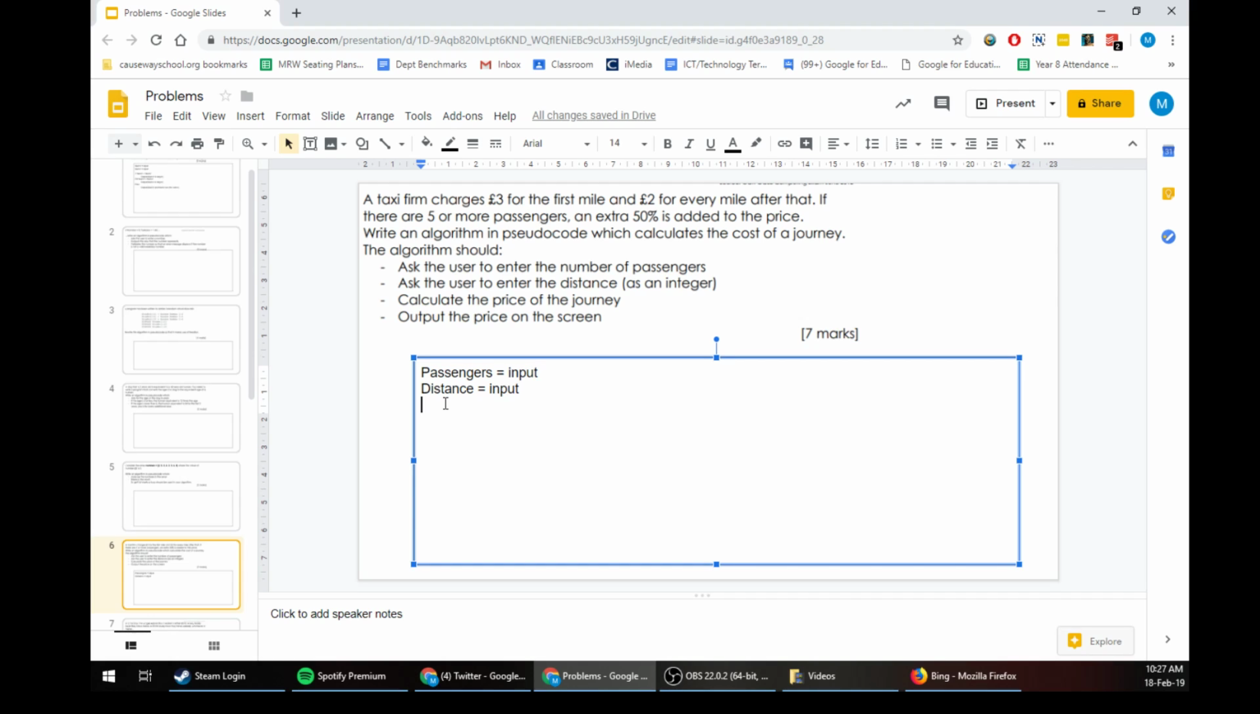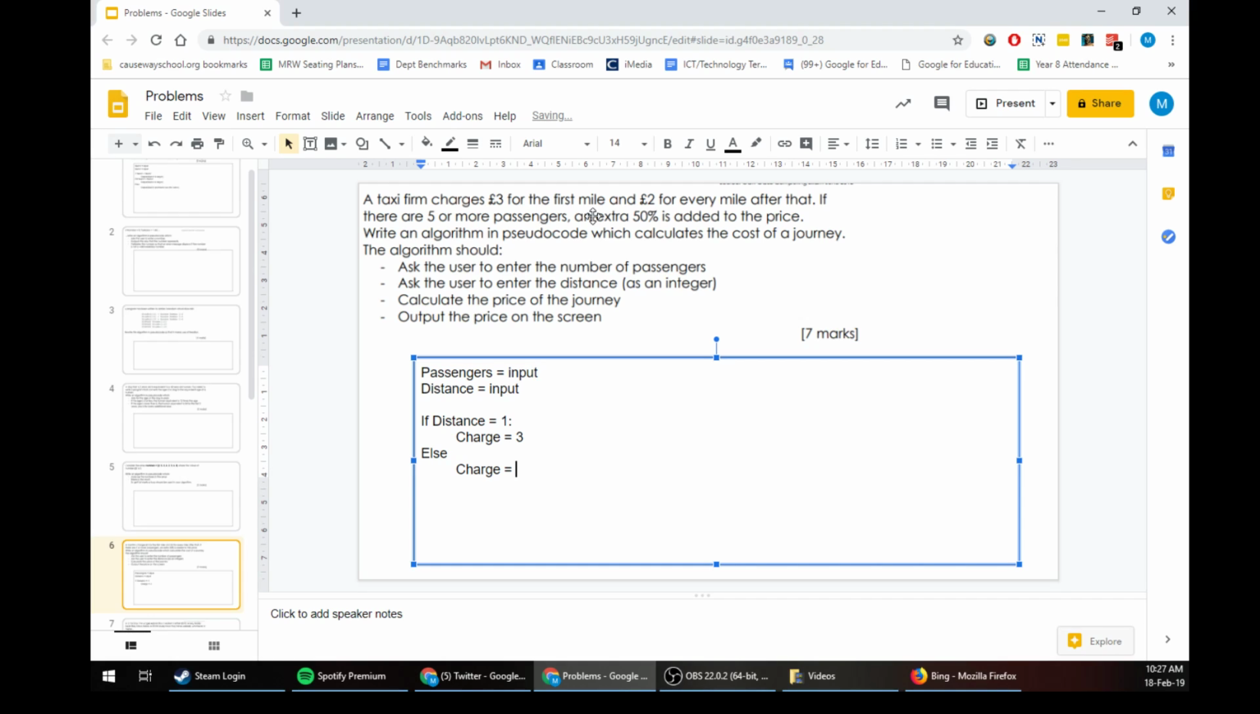So what we're going to do first of all is say that charge equals distance. But that's not a correct way of looking at it. What we want to be doing is first of all working out how many miles. So distance is going to be the amount in miles, and if there's more than that, we're going to add more miles onto it. So we're going to say if distance equals 1, we are going to say charge equals 3. Because if distance is 1, charge is going to be equal to 3. Else,